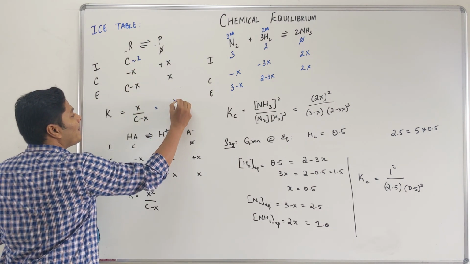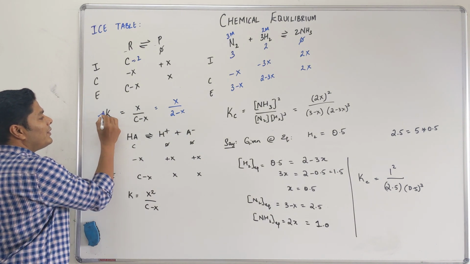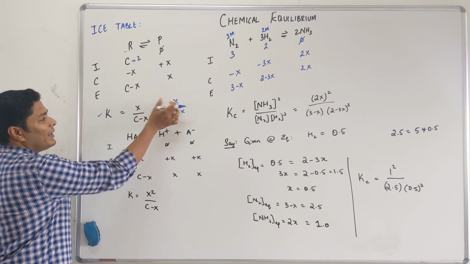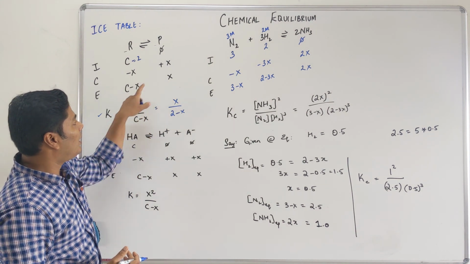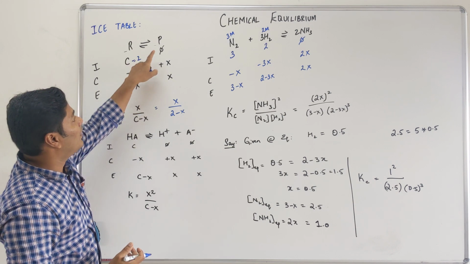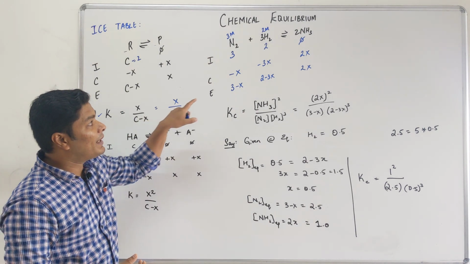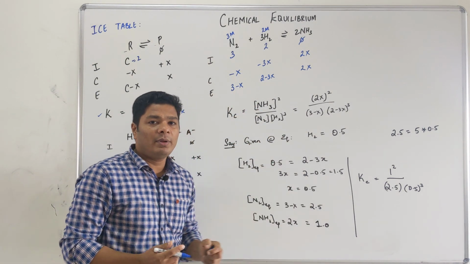So I have x by 2 minus x equals k. If they give you k, you can calculate x. You take x to this side and then bring x to same side, you can calculate. So I can calculate the equilibrium concentration of P and equilibrium concentration of R. Okay, P and R. So if I ask you x, it will be a simple equation, but it can be a complex equation where I can ask you k. But math side you have to be able to do.